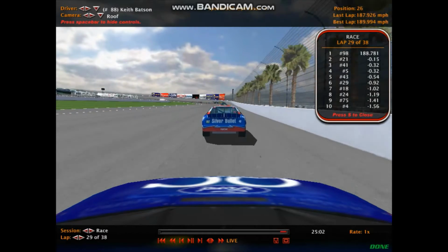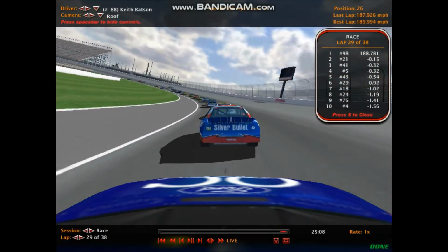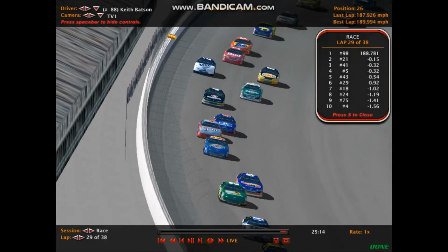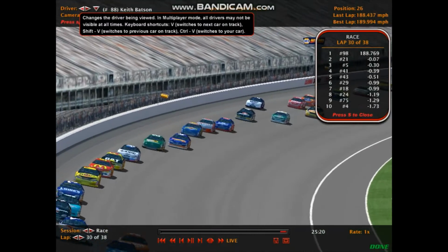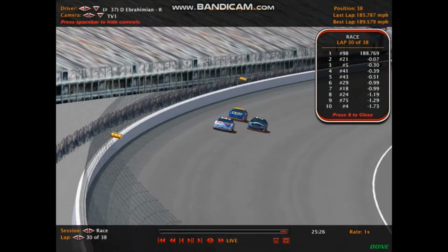202.3, 205 miles an hour to turn number 3. So that's faster than what we saw Seth run. And down about 162 coming off or through the middle of turns 3 and 4 here. The turns here at California are banked at 14 degrees, whereas a sister track of this at Michigan, which is actually the same shape and same